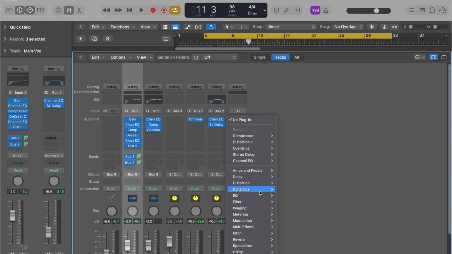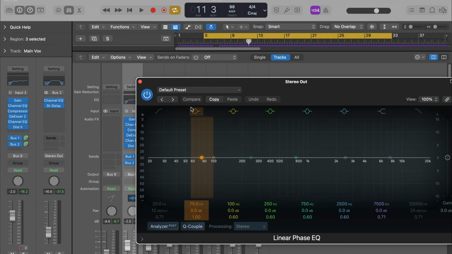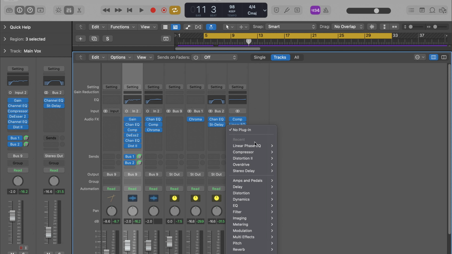Now it wants to add a linear EQ, and then it wants to add a limiter at the end of it. I think it just wants a high shelf on here. Is that what it is? A gentle high shelf, yeah. So we'll probably put it at like 10K or something like that. Small, that's all it wants there. And then it wants a limiter